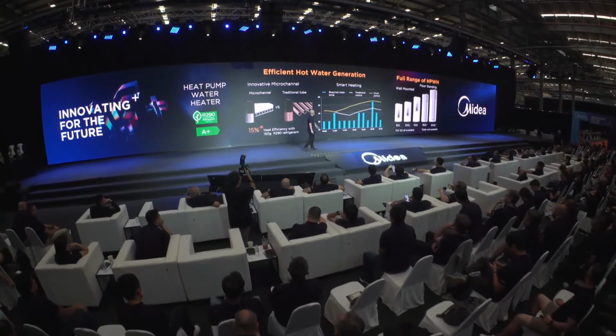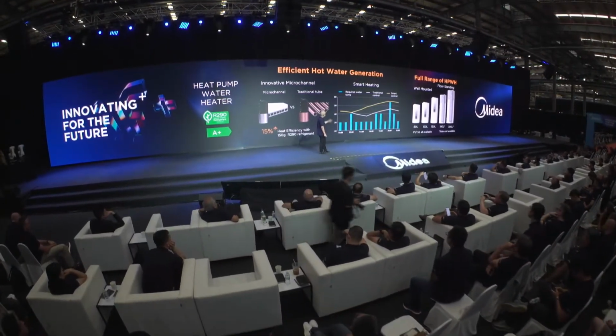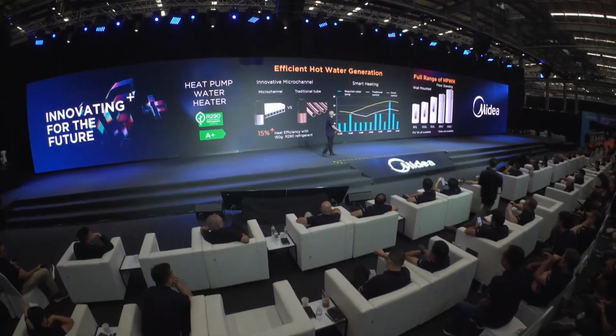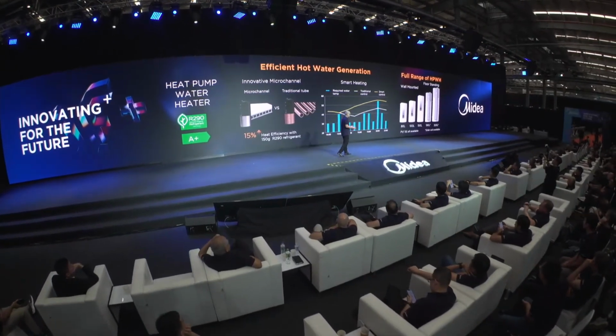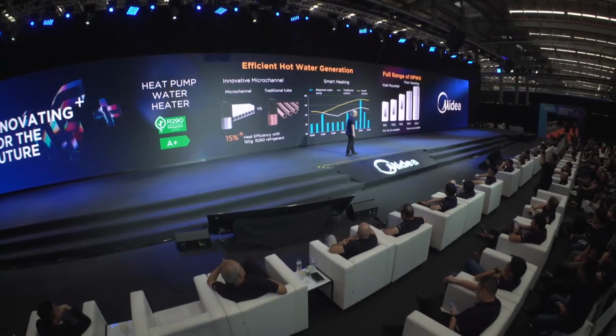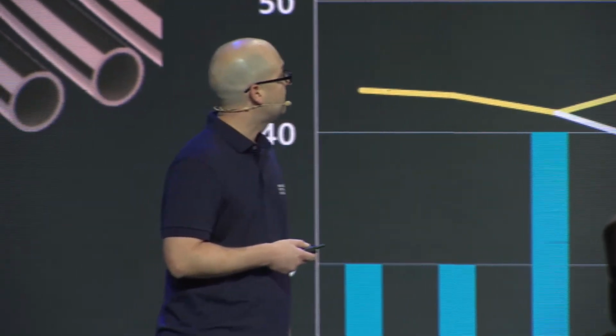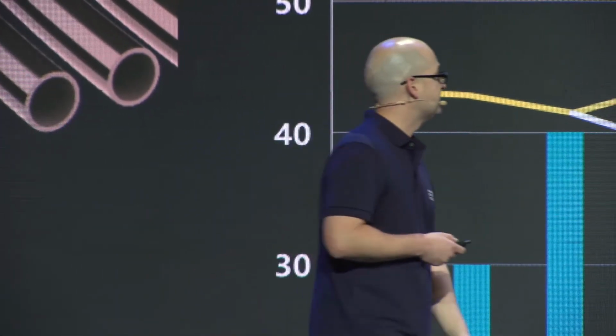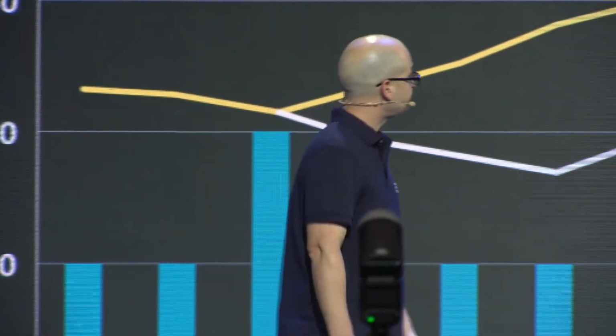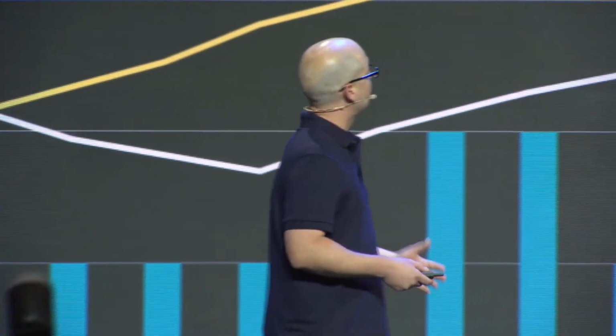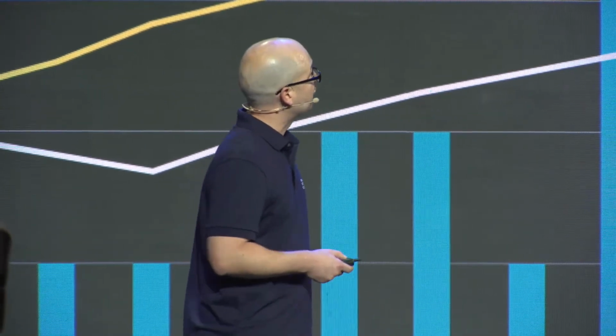In order to improve further the heating efficiency, this unit uses a smart heating technology. That means the unit will learn from end user patterns how they prepare the hot water. And therefore, it will go up with the heating capacity when there's a high demand, and it will go down with the heating capacity when there's a low demand. And by applying these technologies, we were finally able to offer the full range